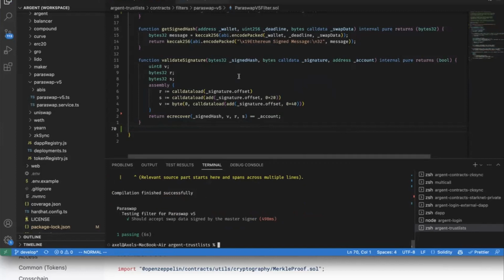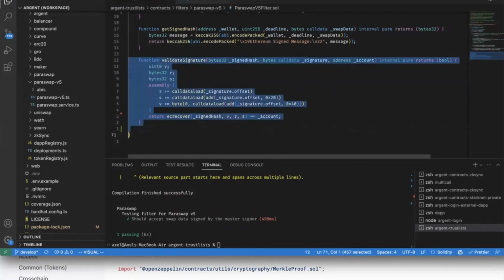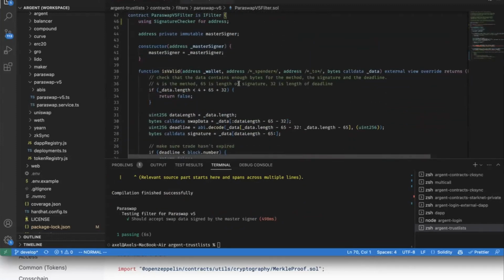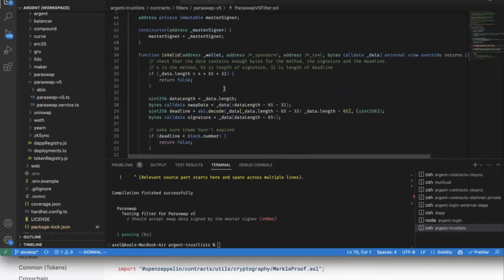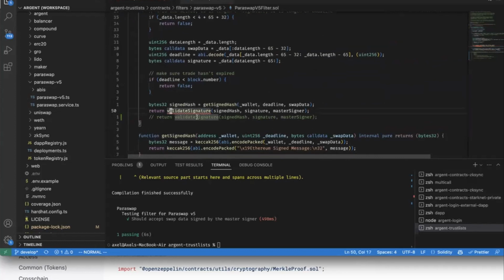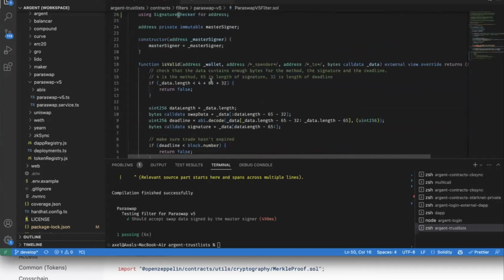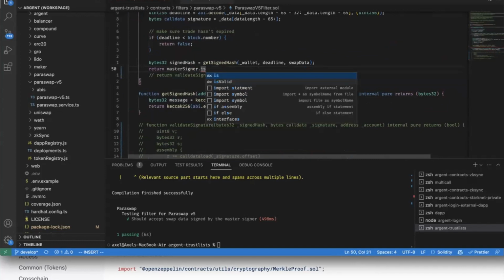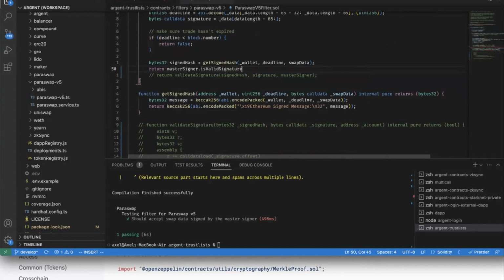Okay, so the test passed. Now let's replace this with our signature checker. It's on address. Our address should be this master signer. We said it is valid signature now.